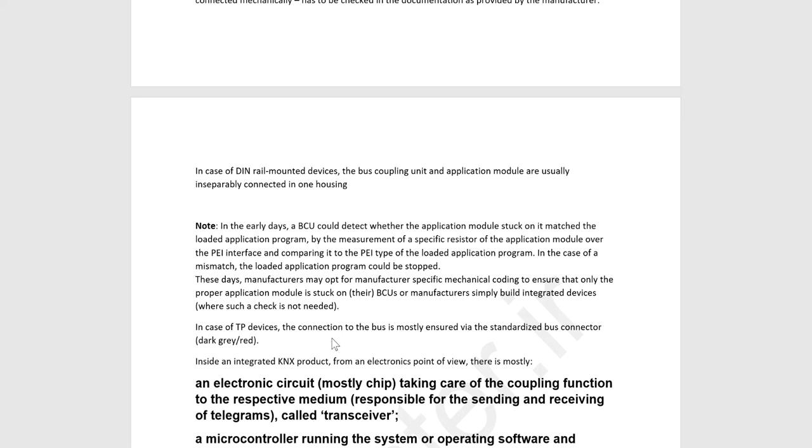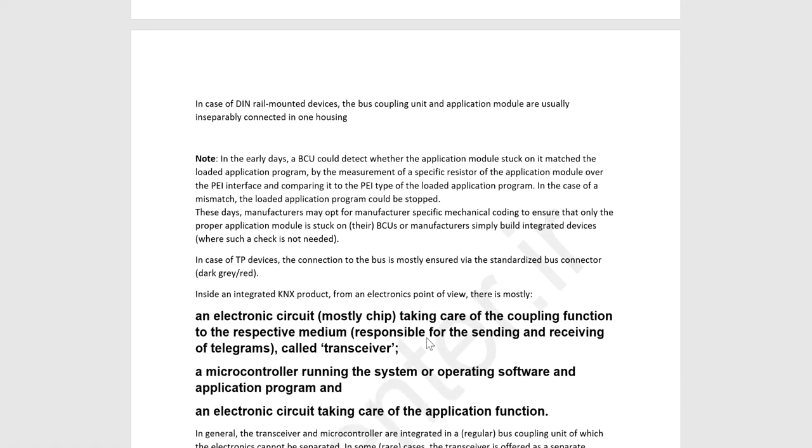In case of TP devices, the connection to the bus is mostly ensured via the standard bus connector. You have seen the bus connector, black and red, so it is used to connect most of the devices in KNX, more than 90%. Okay,